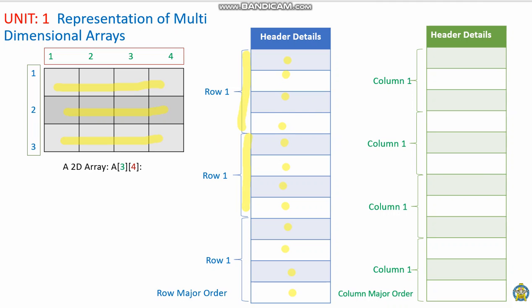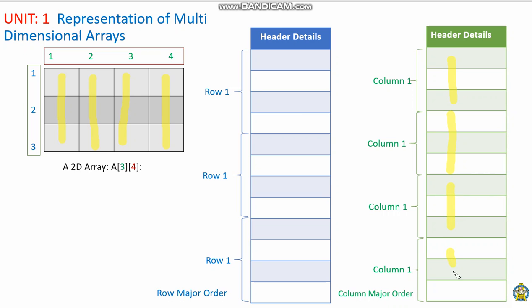And the other is called column major, where we represent items column wise. Here we have 4 columns, and each column consists of 3 row items. So each column is represented. Here we had totally 3 rows, and here we have 4 columns. Let's say the first column is 3 items. So this is our first column represented with 3 items, and then the second column, represented from here to here,